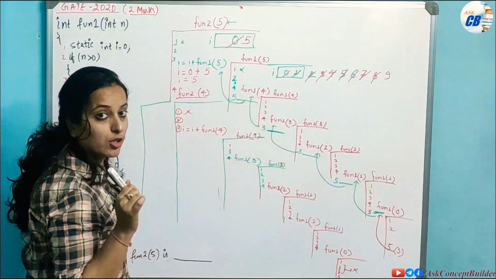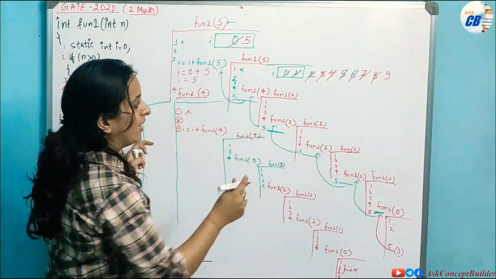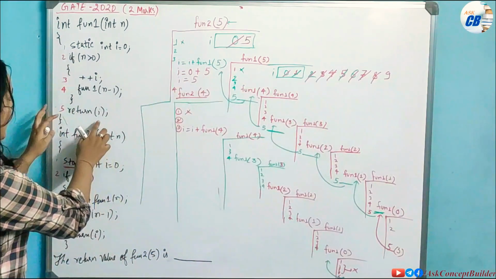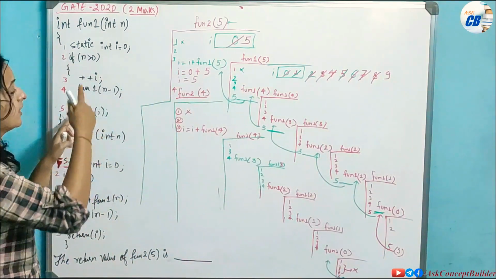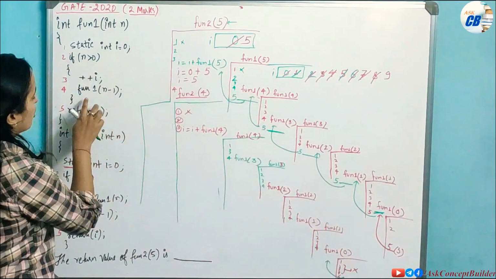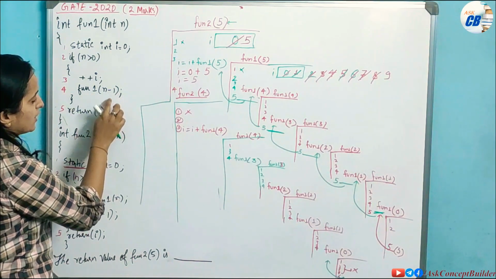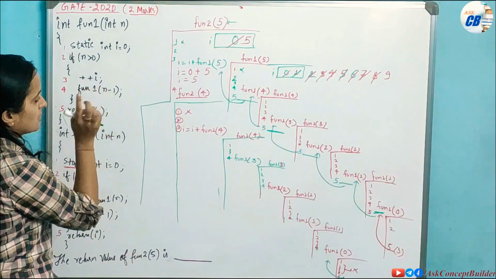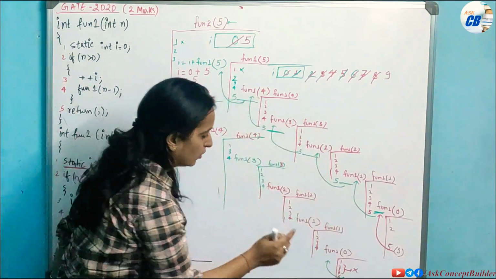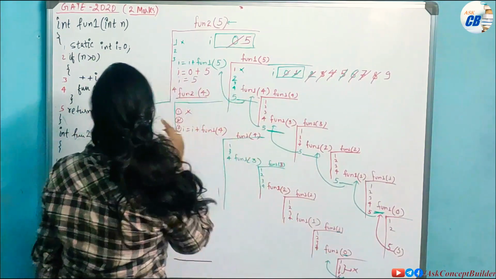Now return I. See what the I value is here. The I value will be 9 here, because for all the fun functions the value is the same, so you will return 9 here. Now where will you return it? You will return from the point where this 0 was called. See, 0 was called from the fourth statement of fun1 1. Then at the fourth statement you executed fun1 of 1 minus 1, which is 0. So fun1 0 will return back to the fourth statement of fun1, because it was called from here only.